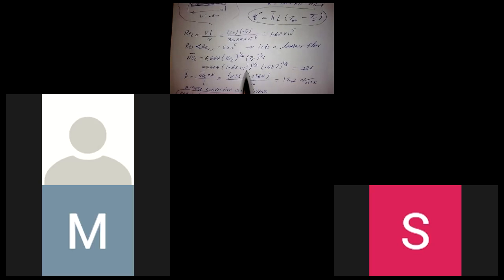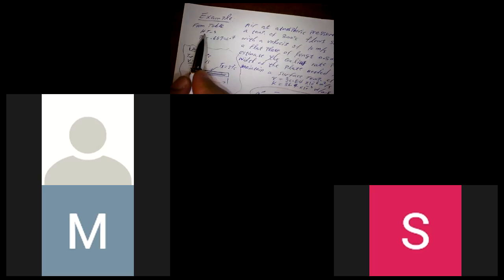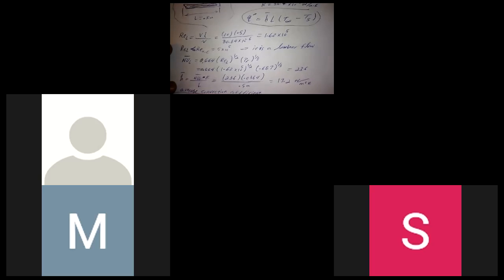And then for the Prandtl number, you go to this table HT-3 in the appendices, which gives the Prandtl number. I'll just say approximately 0.7, or 0.687, but let's say 0.687. Sometimes you have to do interpolation because the temperature that is given is not in the table. So you plug it in here, and the average Nusselt number came out to be